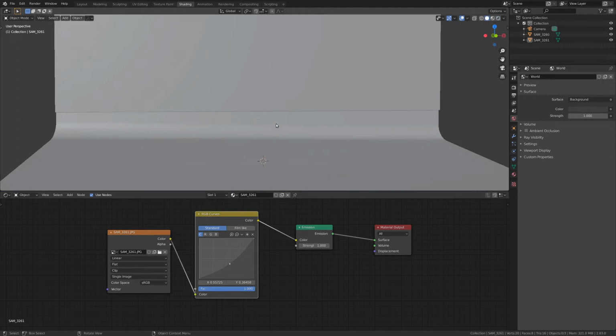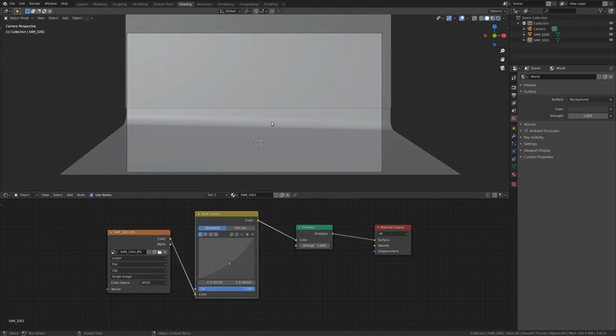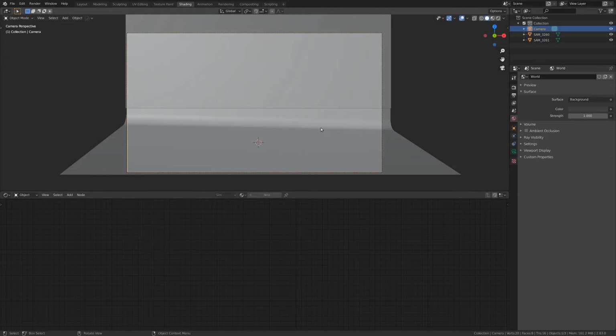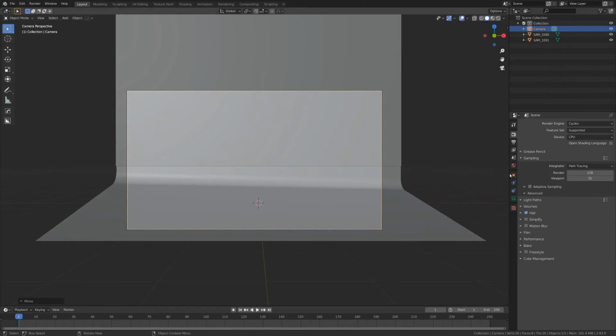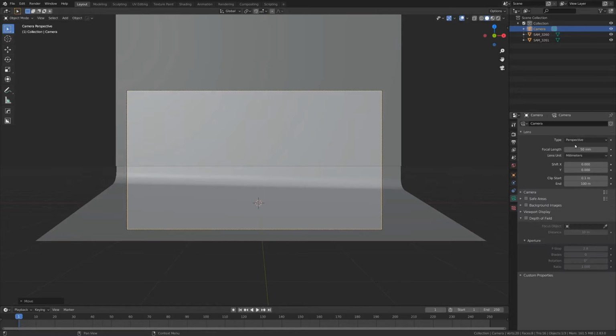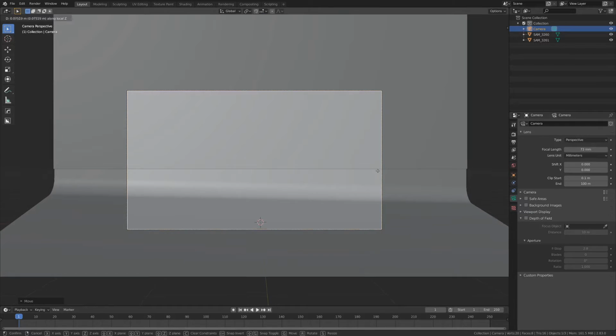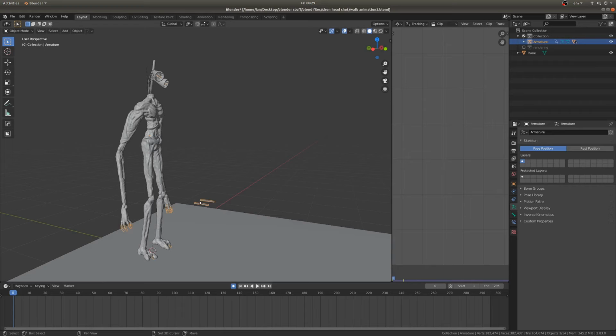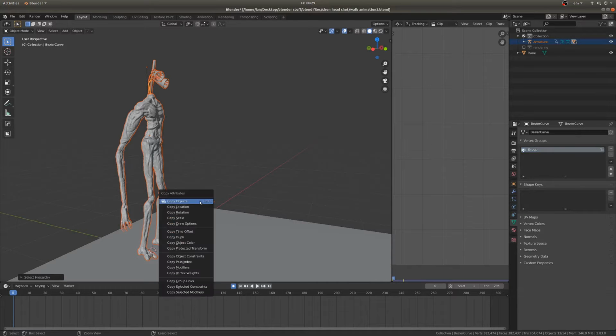Now I'm going to hit number pad 1 to go into front view, and Control Alt and 0 on the number pad to match the camera up with our current view. And now I'm just going to select the camera, go into the camera properties, zoom that in a bit, and then drag it backwards. In a different blend file, I'm just going to select a character that I animated, go